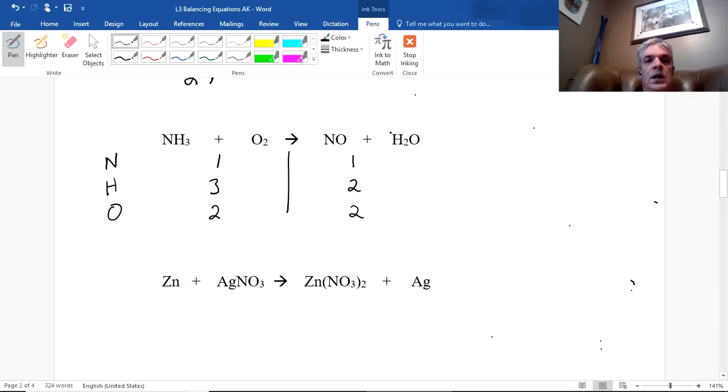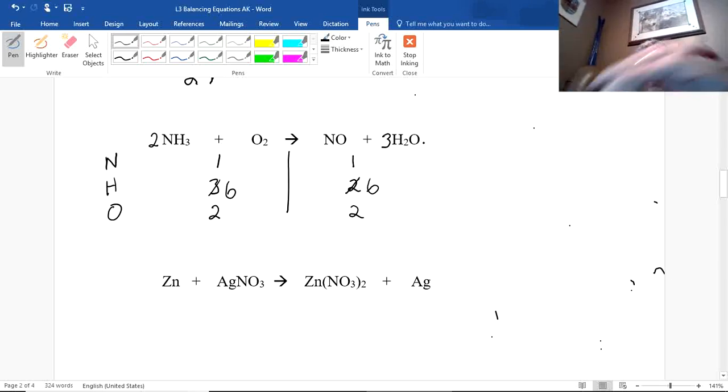So what I'm going to do is I'm going to put a 3 here, and that's going to give me how many? 2 times 3 is going to give me 6 here. And then I'm going to do a 2 on this side. And I'm going to have 2 NH3s, which is going to give me 6 as well. Okay, we call that the crossover method. We're just swapping over sides. Okay, now